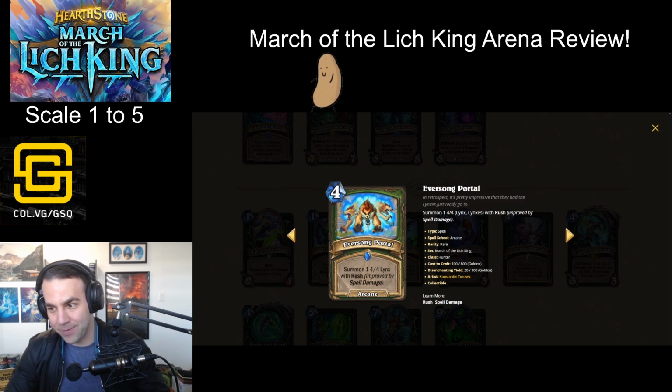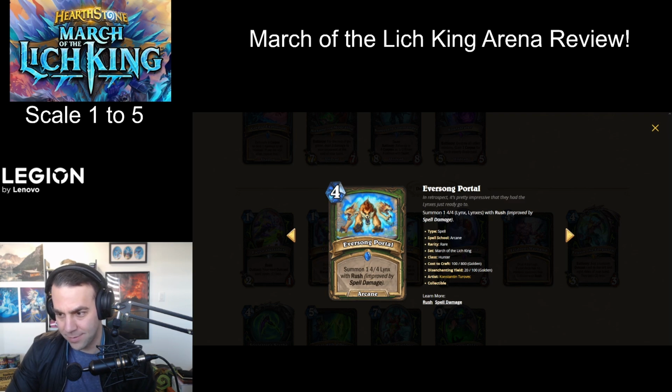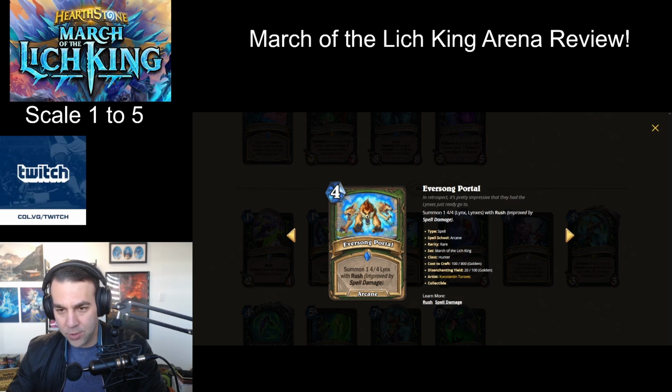Oh, no. Oh, God. I mean, again, on average, a 4 mana 4/4 rush is okay. But if it hits, the game ends, you know? Yeah, three of us lynxes. So what do you guys think? Again, it's a card that requires synergy to be insane. But I think it's fine as is. So it's like 3.5, 4 maybe? If you only need to get one spell damage buff for it to be really good,